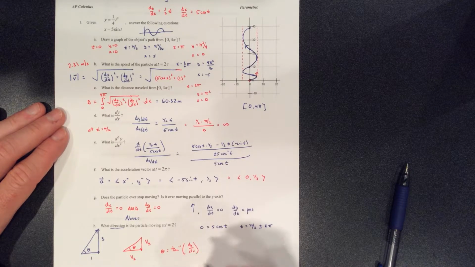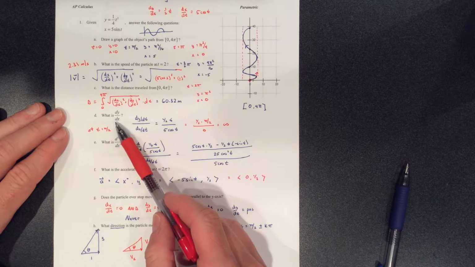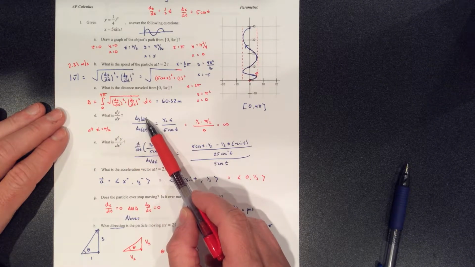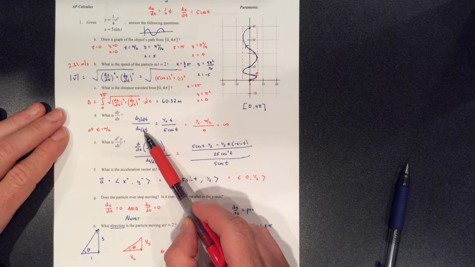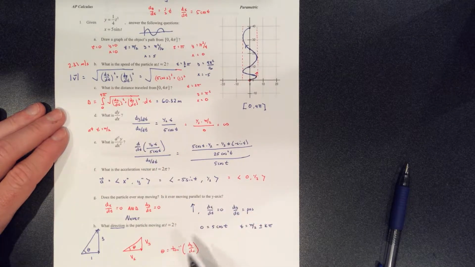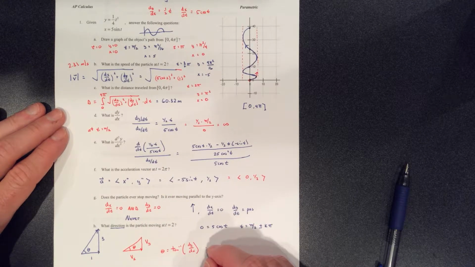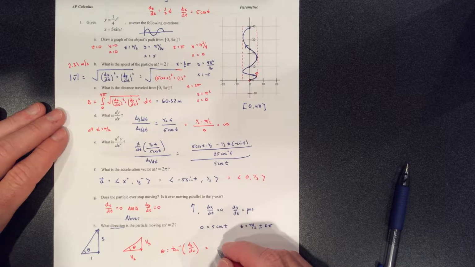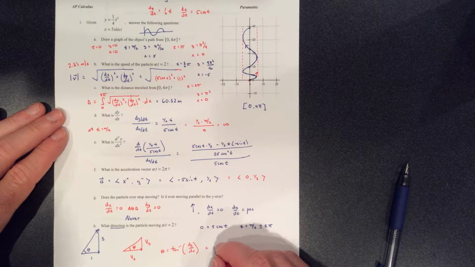And why dy/dx? Well, what is dy/dx? It's the ratio of those two things. Look back on how we found dy/dx. It's the ratio of vertical velocity to horizontal velocity. So if you plug that in, and again, this would be in radian mode, you're going to get a negative